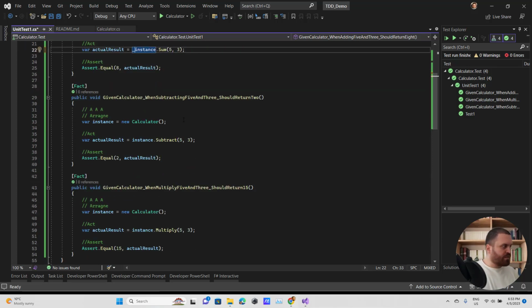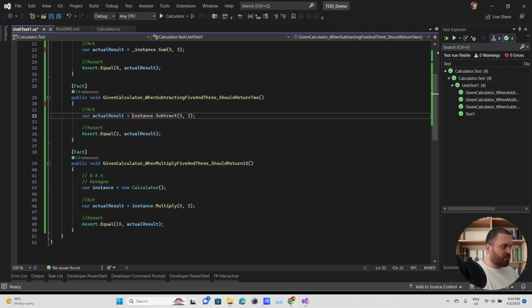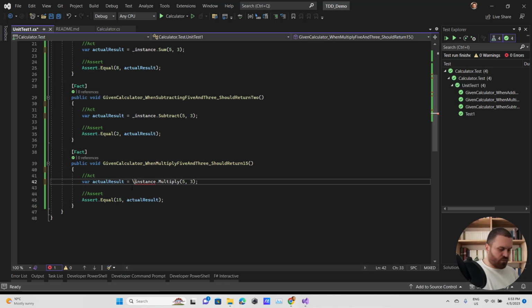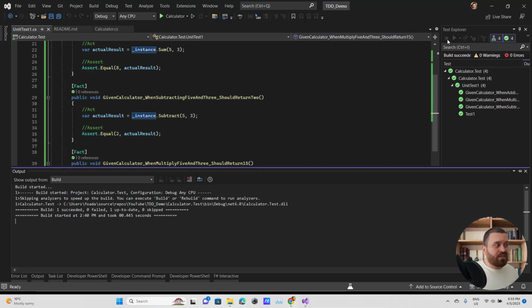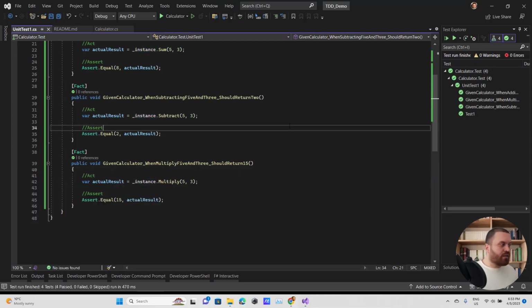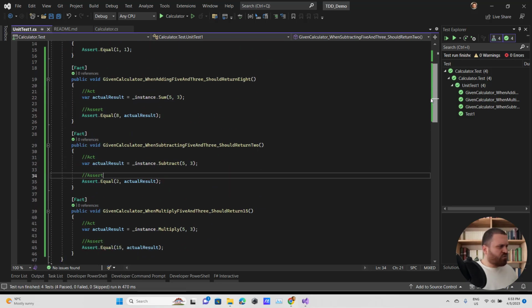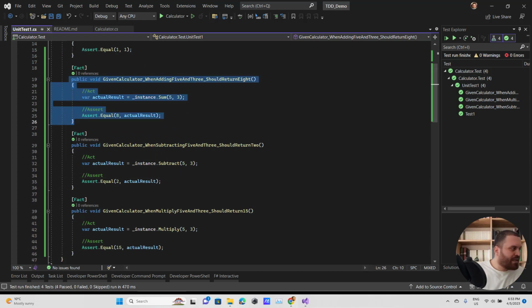It should be instance. I don't need this implementation. It should be underscore instance. I don't need this one as well. It should be, oops, underscore instance. I'm going to run my unit test just to be sure that everything is fine and running. Nice, everything is running. Do I have any other things to refactor here? No. Okay, one question. In the previous step, I had just add and subtract.